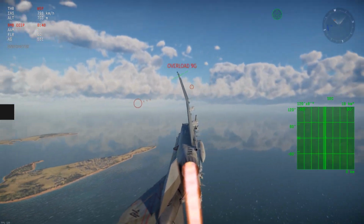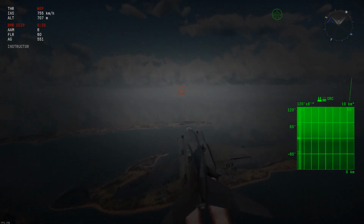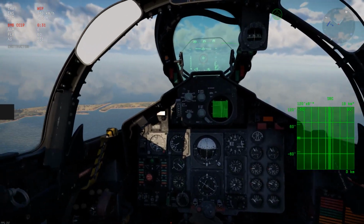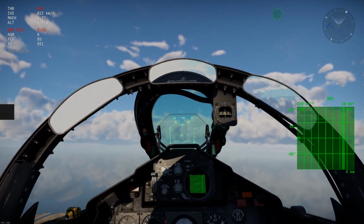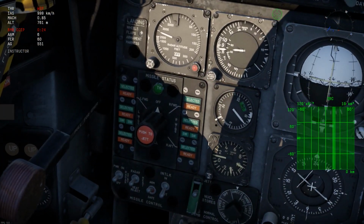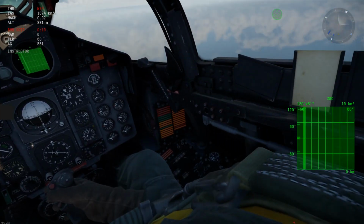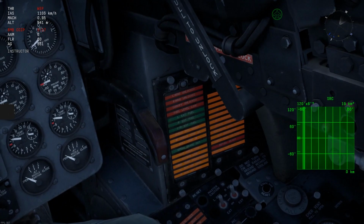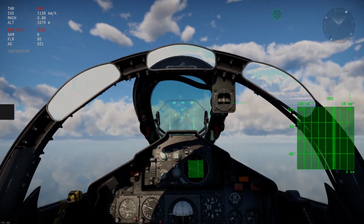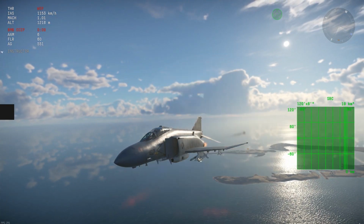Fuel capacity: 1,994 US gallons internal, or 3,335 US gallons in external tanks. Now, the engines. 2 times General Electric J79-GE-17A with afterburners. These engines produced 52.96 kilonewtons of thrust without afterburner, or